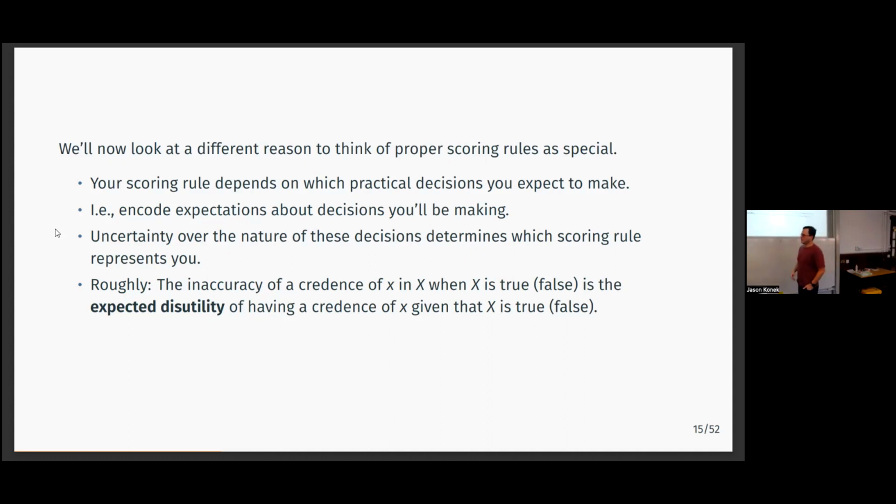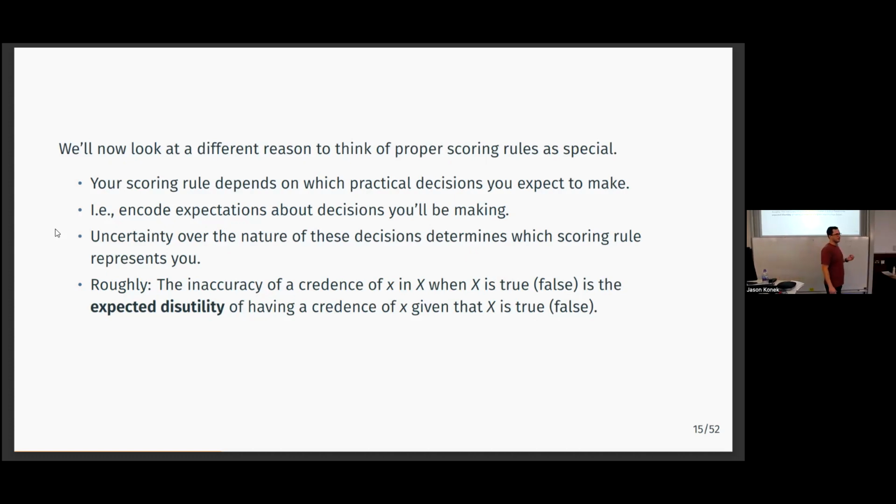So the way I think is natural to think about this, and I should say this is from "A General Method for Comparing Probability Assessors" by Mark Schervish in 1989. It's a really good paper. I found it to be a pretty tricky paper. I spent a lot of time with this paper, but you should definitely read it. There's a lot more than I'm going to talk about today. But